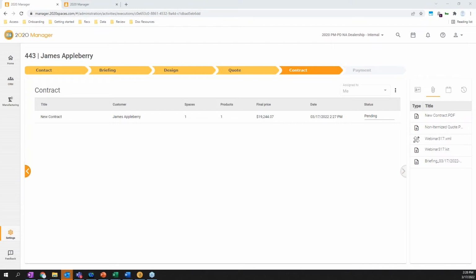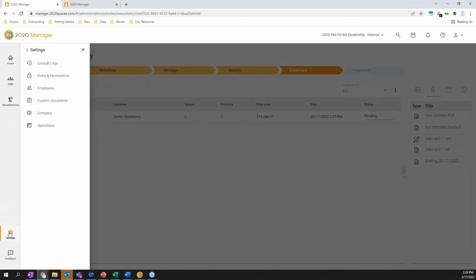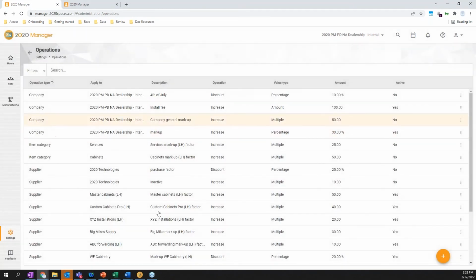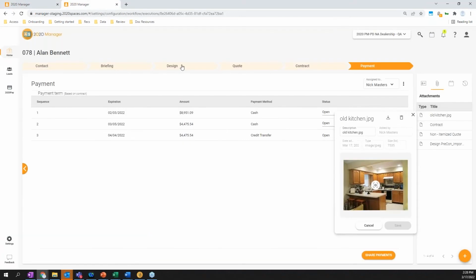But just checking my list here, a couple of other call outs I'd like to draw attention to. Underneath the settings tab, there is the operations. Now this is something that we talked about last week as well. So as you import that design, you have